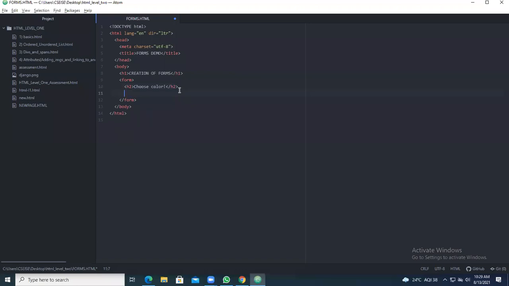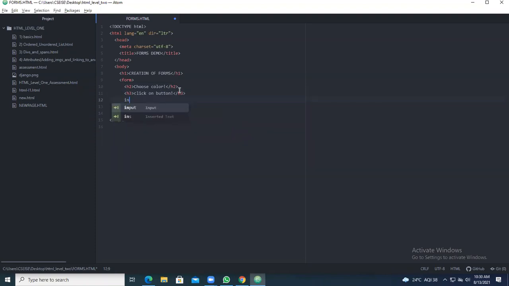In order to choose the color, you have to click on something. It should display the color part. So for that, you go with some other thing: click on button. Because I will show you how this is going to work.